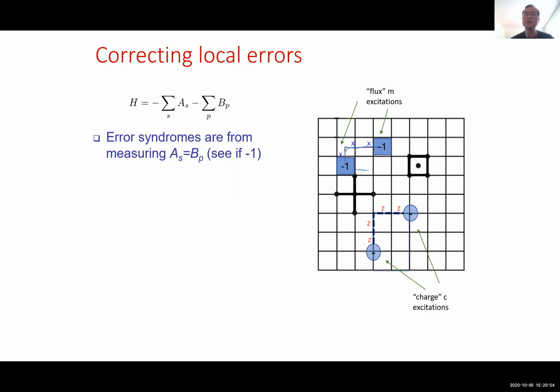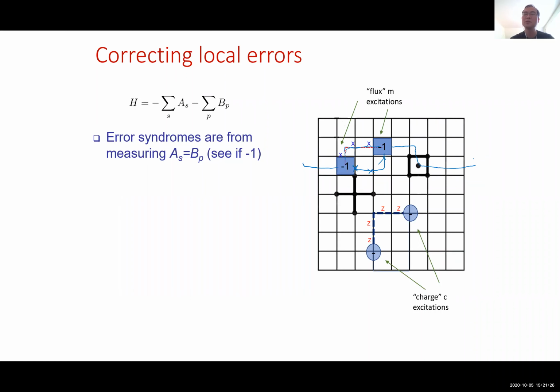You might as well use the other string, it's also okay. Because if you apply a string of X on these three edges, it would cancel out, but if you apply on the lower branch, it will also cancel out. The only case that it will not cancel out is if you try to loop around,